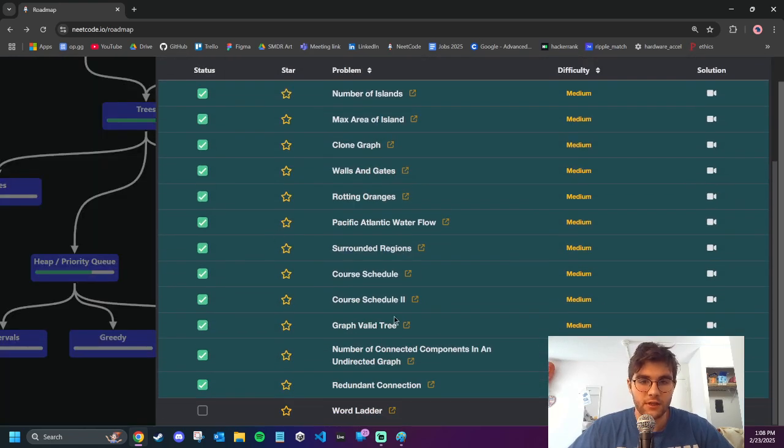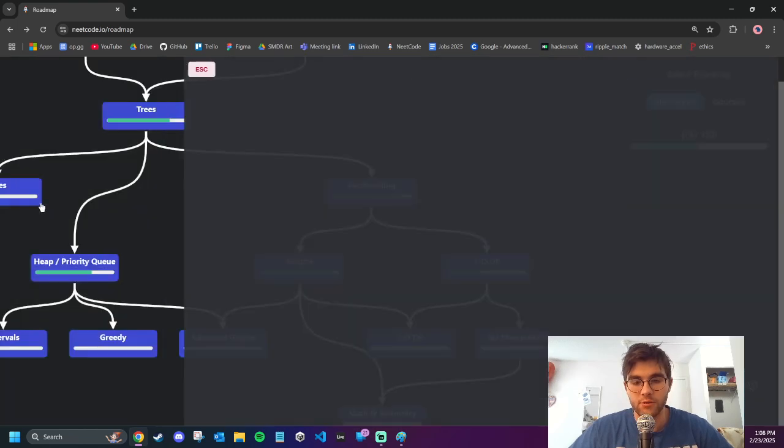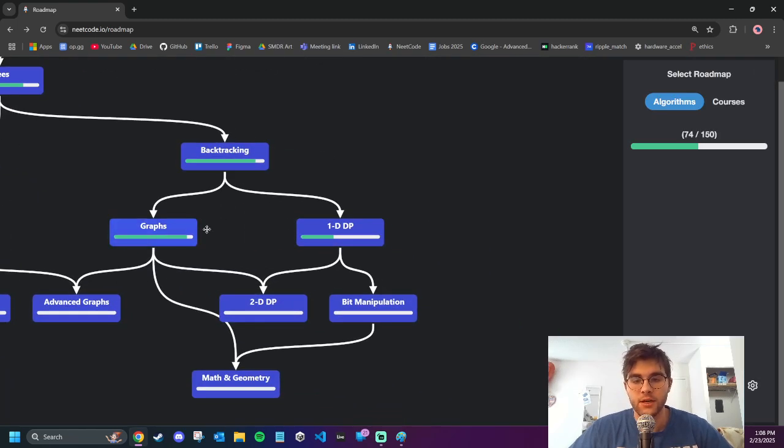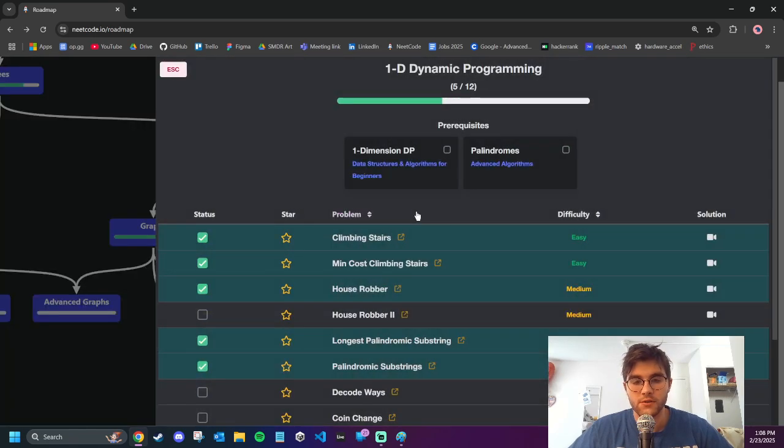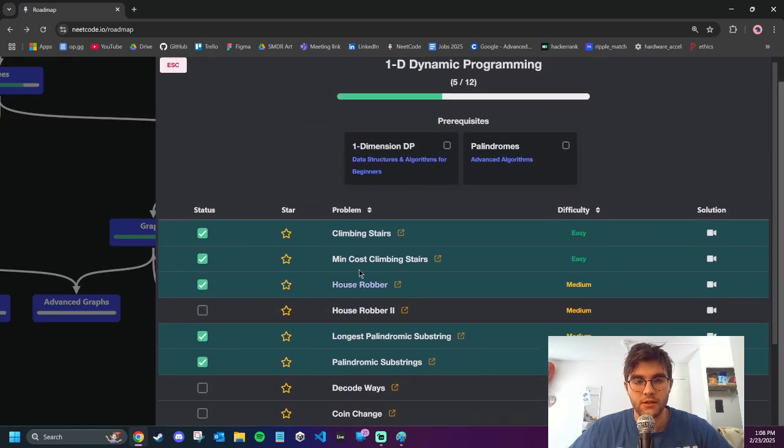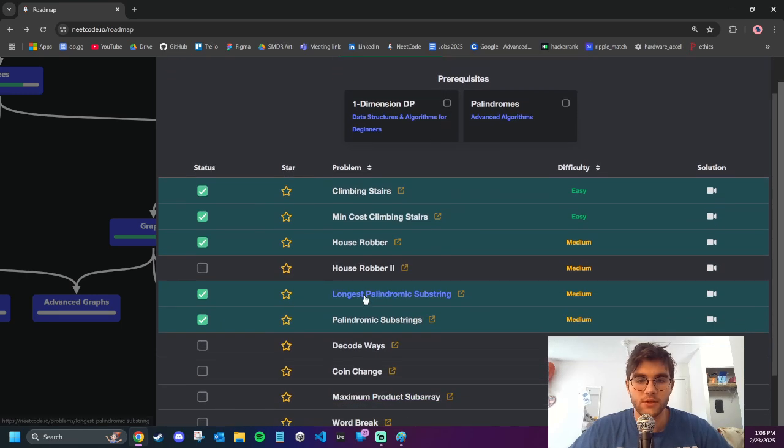In recent news, I completed all these graph problems. Kind of went through them. I'll probably revisit them. So yesterday, I did some more dynamic programming problems. So I did longest palindromic substring and palindromic substring. So today,